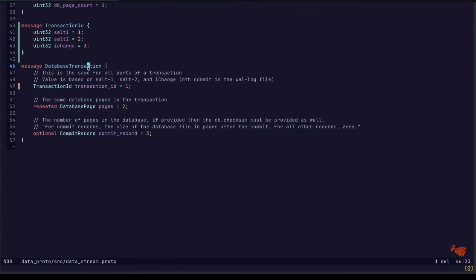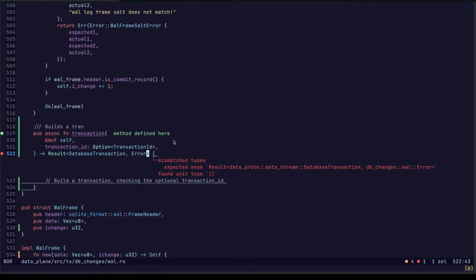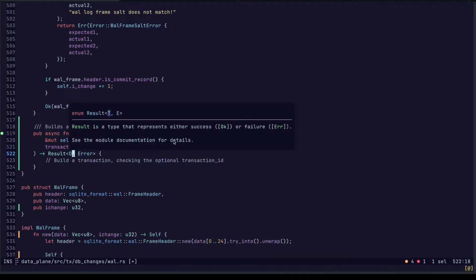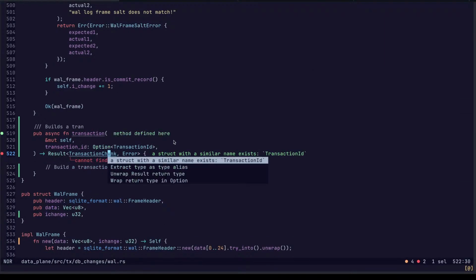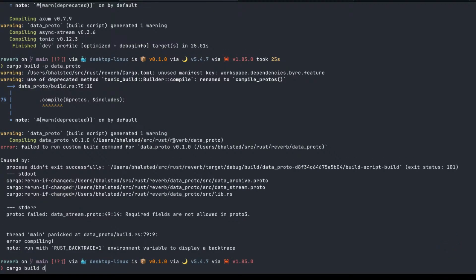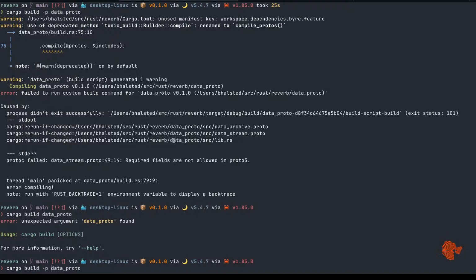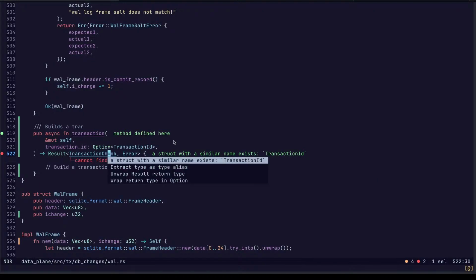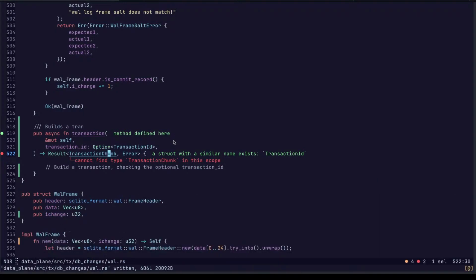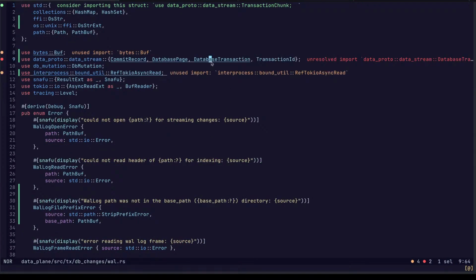Sure. Change that later. Chunks of a transaction. We go build data proto. This goes away.